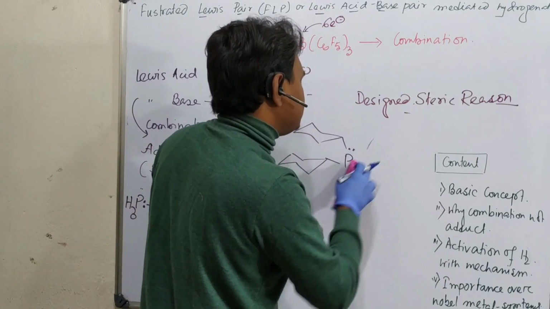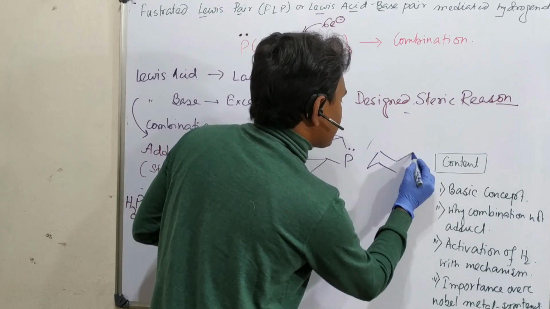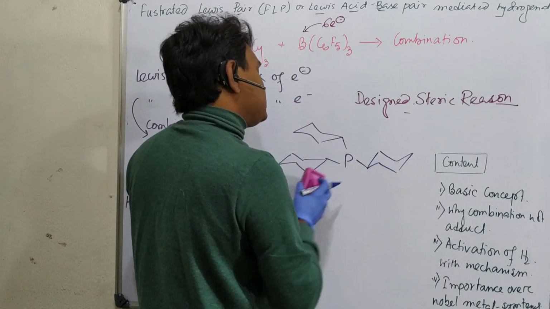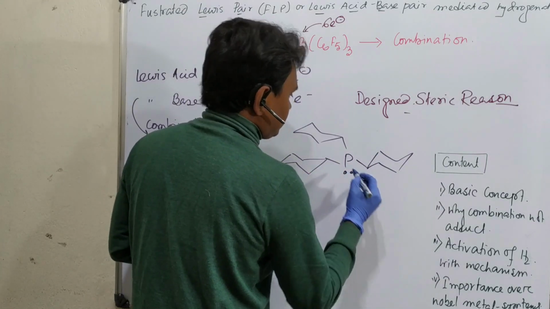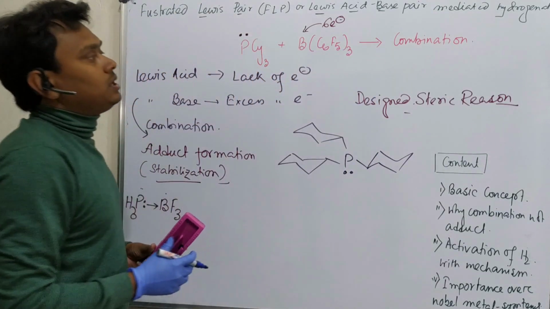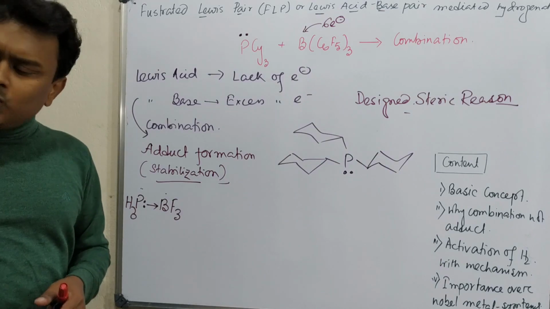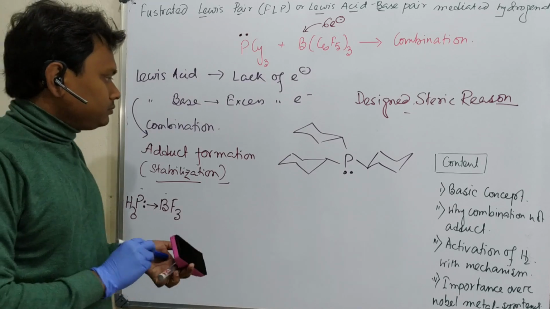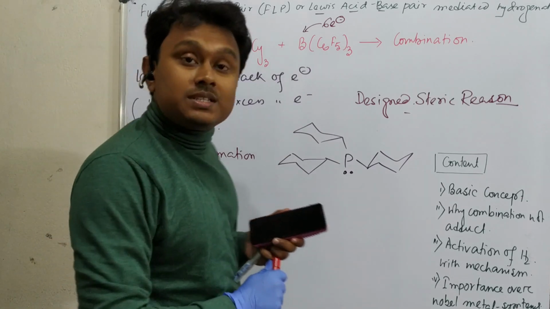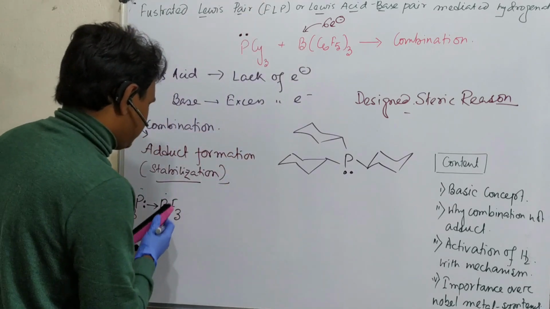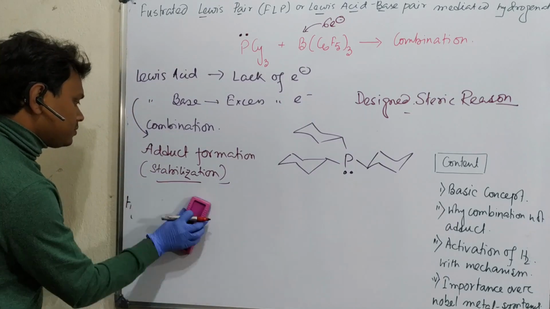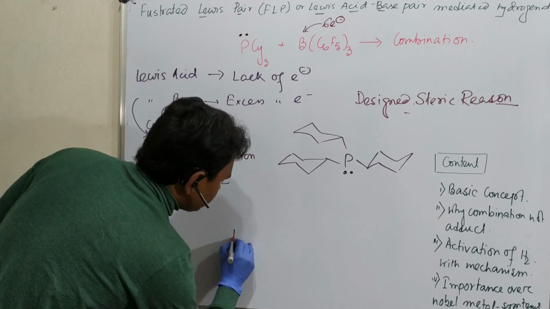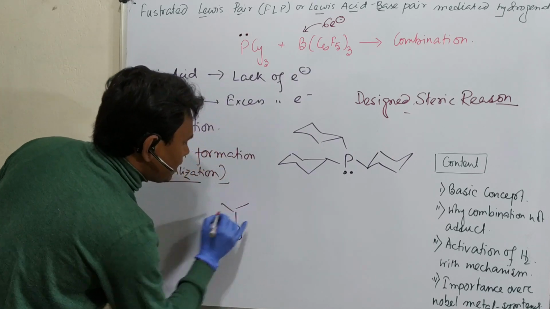I can draw it in this way. So this is the lone pair of phosphorus that needs to be donated to B(C6H5)3, where the problem lies. If you look at the boron C6H5, let me draw it here. This boron attached to